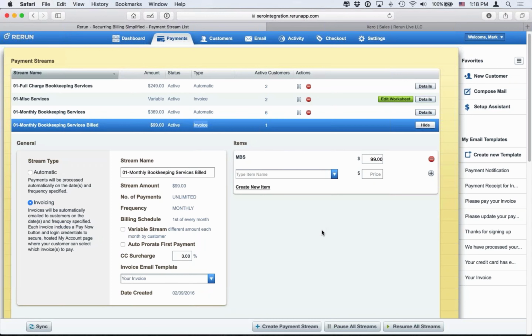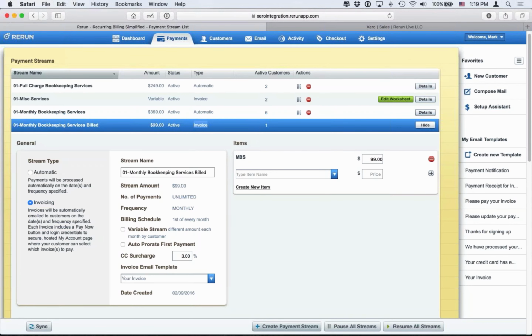So we'll be managing a little bit of accounts receivable in Rerun, and you'll be able to find via one of the reports how many invoices you have open and haven't been paid yet. So again, to be clear, all the transactions come from Rerun and either get paid automatically, and in those cases with an automatic stream, those sales transactions get sent directly to Xero as paid sales, or it's set up as an invoicing stream, and then once the transaction is paid by the customer after they log into their secure portal, we'll then send the paid transaction back to Xero. To put it another way, Rerun will send to Xero a paid sales transaction, whether it's done automatically or after an invoice has been paid.